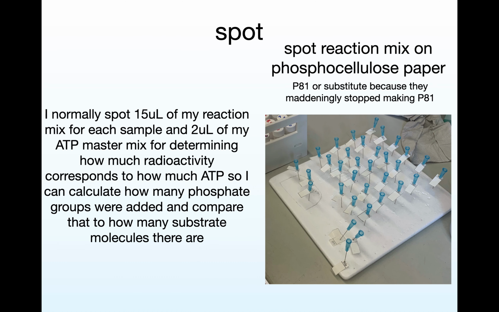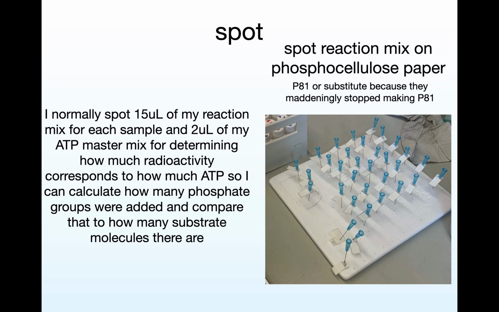Okay, now the P81. So this is what we talked about before, this paper. And this is how Dr. Newton showed me how to set these up. You can use pins or whatever, but I didn't have pins, so I use these, what do you call those? The syringe needles. And carefully stick the papers on top, and you want to make sure that the papers aren't touching the styrofoam. So I'm just using a styrofoam lid from when we buy cuvettes, they come with these styrofoam things with the styrofoam lid, and so I just steal the lids and use it for this little board. And so you can see that I line them up like this, and I have those three